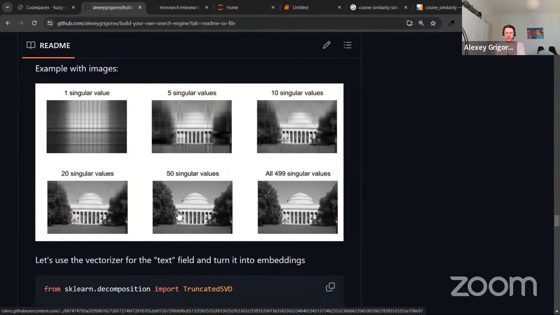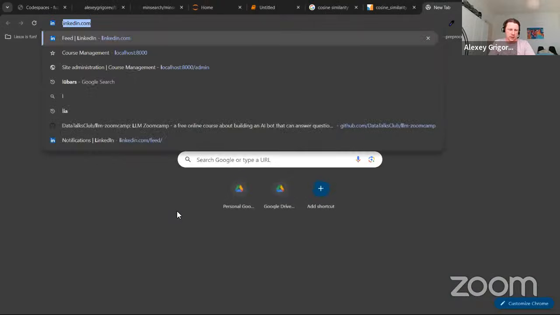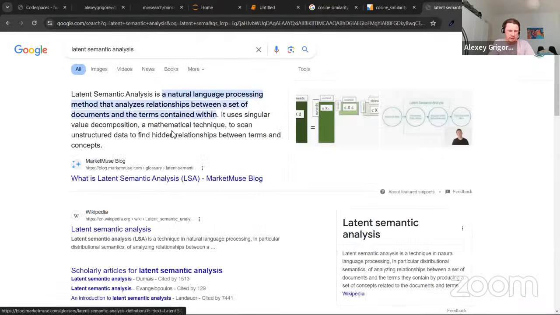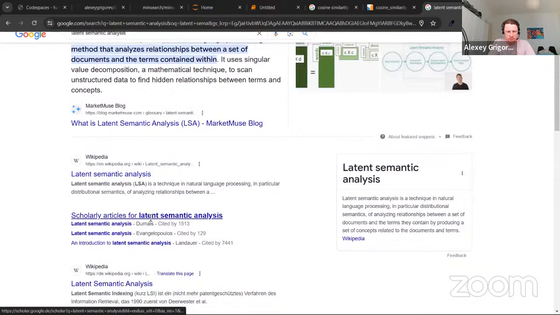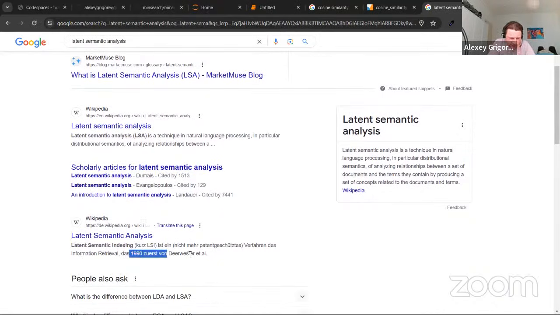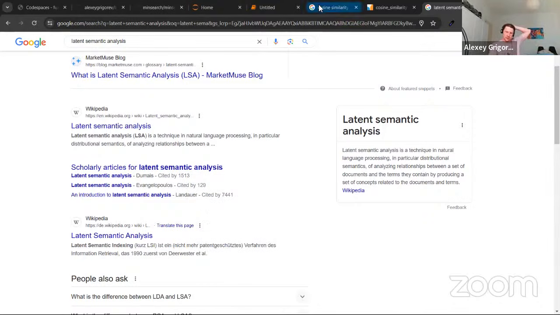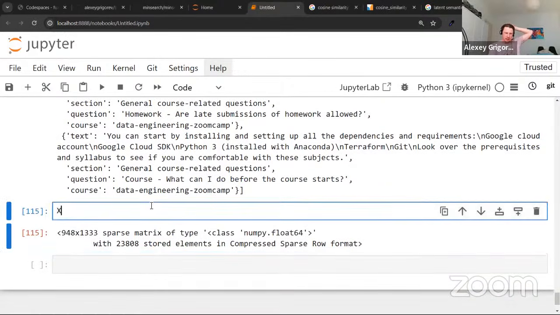And it works with images, and it also works with text. And I think there is a very old paper called Latent Semantic Analysis from the 90s, which talks about doing that. Yeah, so I have it, it's in German for some reason, but you see that it was first published in 1990. So it's pretty old. So these things have been around for some time,